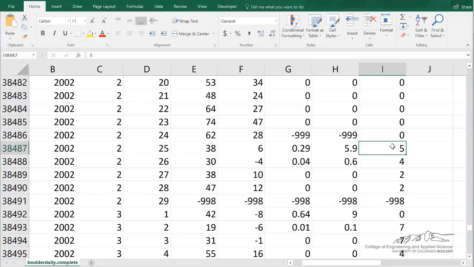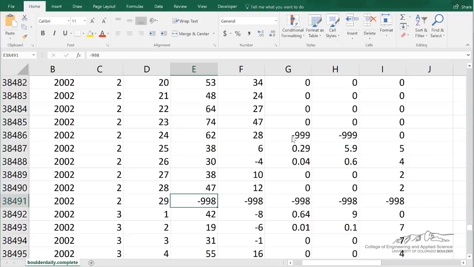that day. But unfortunately, sometimes instruments aren't working, and in that case they usually output something like a 9999 or a negative 9999 or a negative 999, or here they're also using negative 998s, which means that that data is not available. Now if you want to plot this data, or take the average, then obviously these very large negative numbers are going to affect the averages, screw up your plots